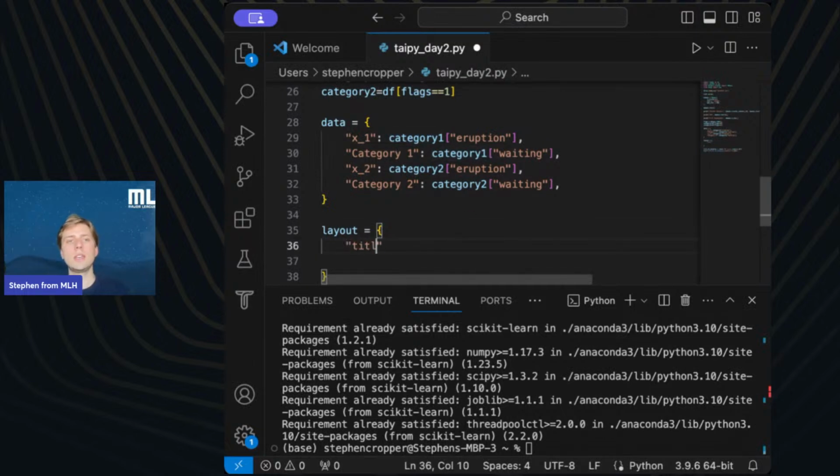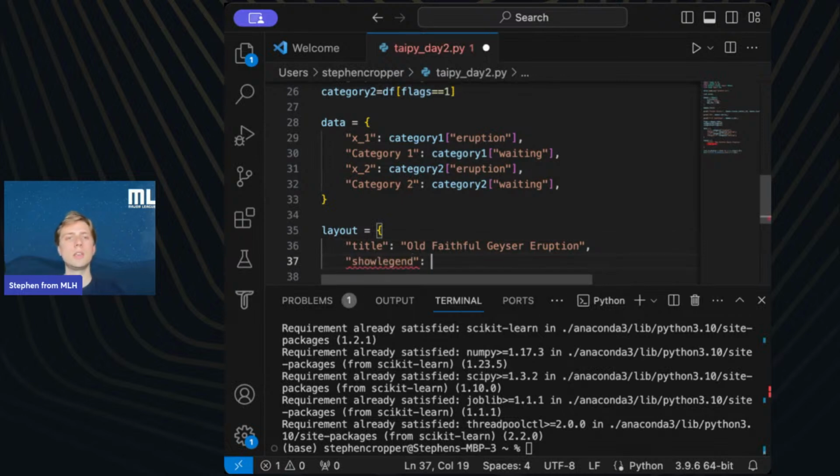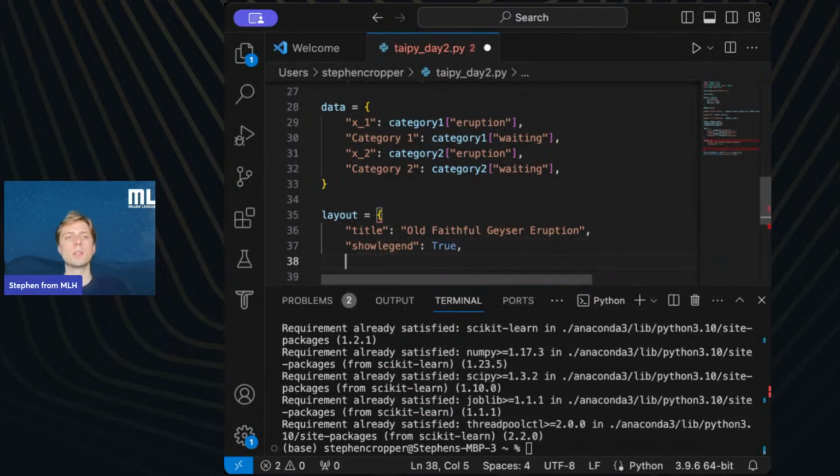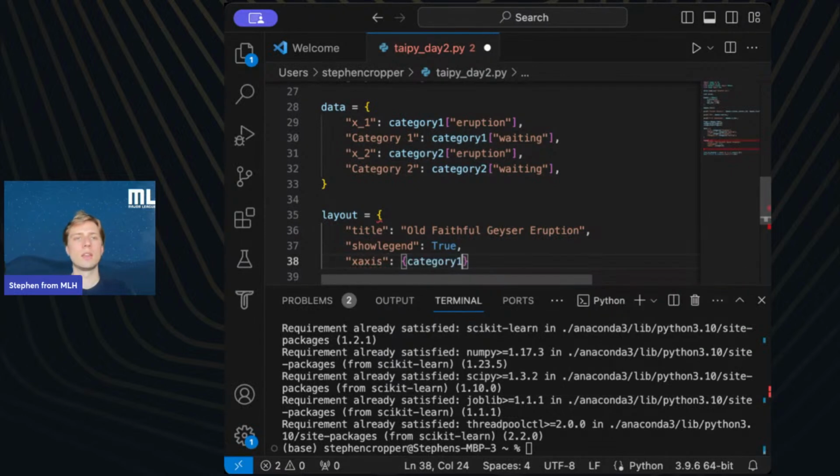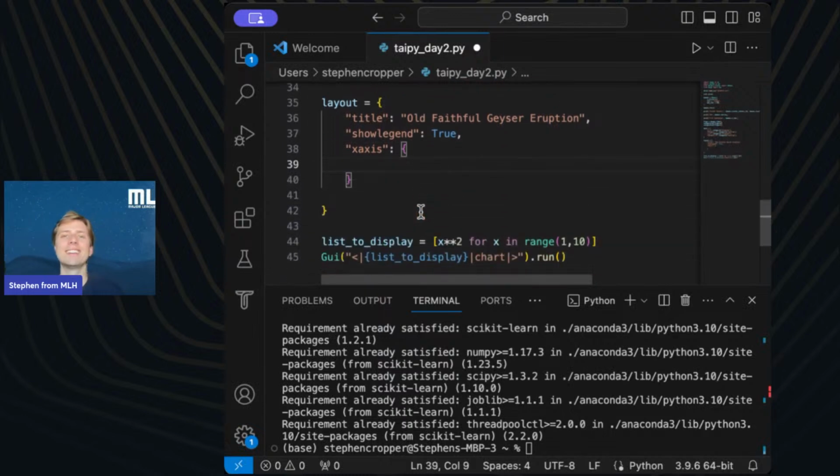And the first key I wrote was title. So we'll call the title of this plot Old Faithful Geyser Eruption. And then we use the show legend key and mark that as true. Use the x-axis key, and we put a dictionary inside of the dictionary here, because the x-axis itself can have many different attributes.